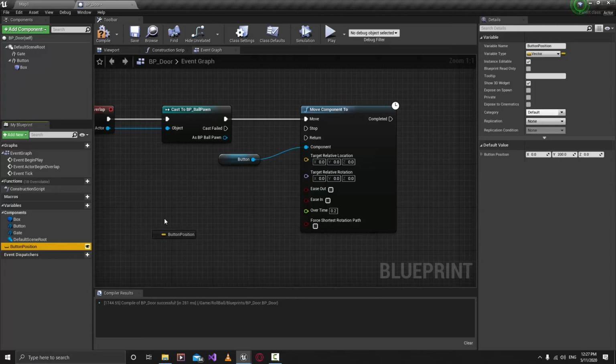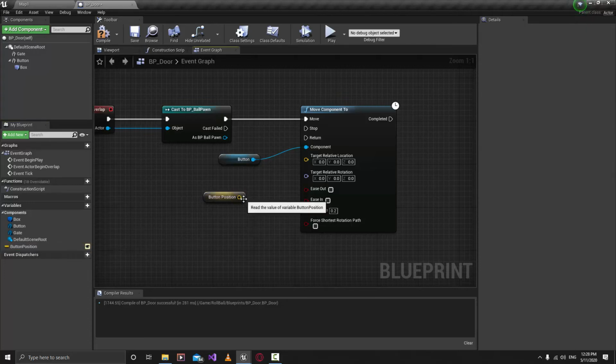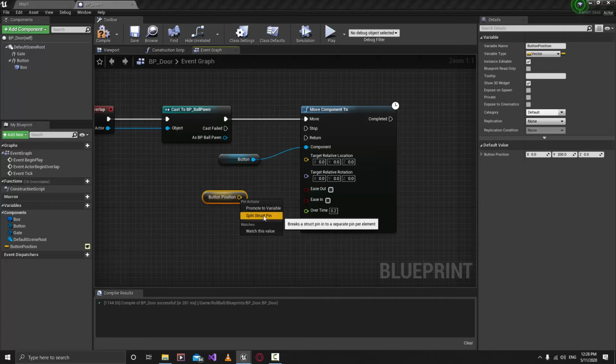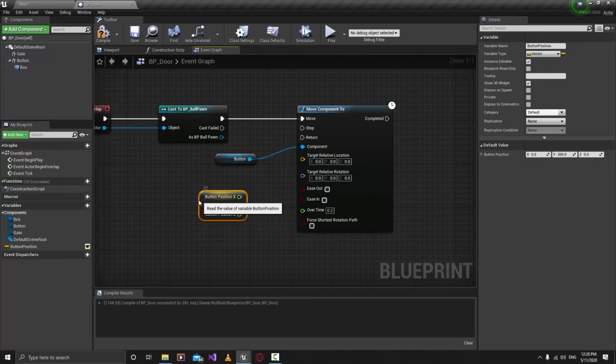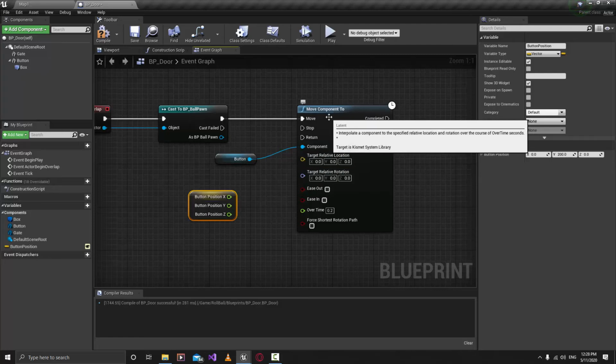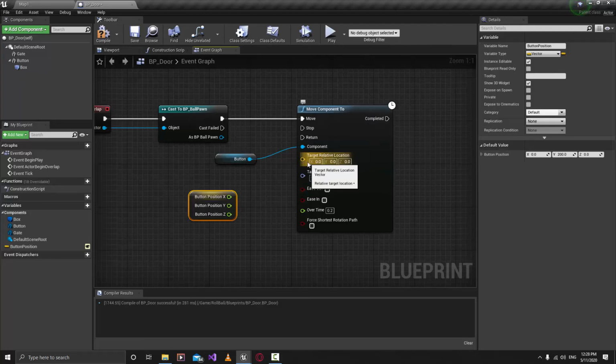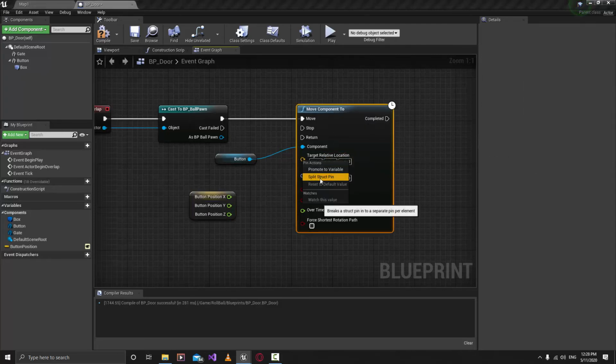So we just want to grab the button position, get the button position, and then right click on it and then hit the split struct pin. All right, so right now it's going to make it button position X and Y and the Z axis, right? And in here in the move component 2, what we want to do is just right click and then split